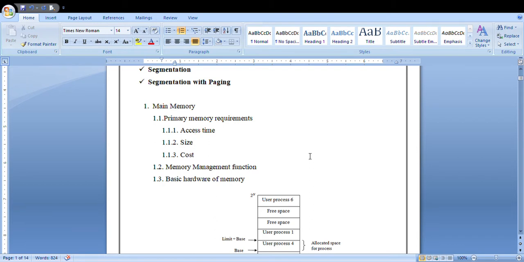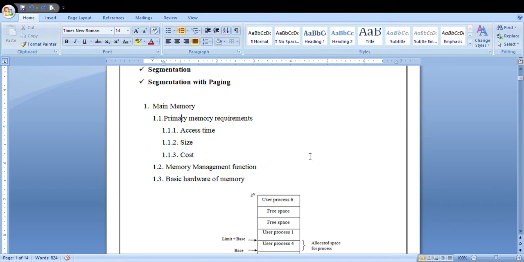Because for example, in a memory hierarchy, the first storage device comes as your registers. What is the access time for your register? It is very high speed. But what about the size? The size of the register is very small compared to all other memory devices. Then what about the cost? Even though the size of the register is very small, it has a very high cost compared to other storage devices. So these three can never meet the requirement as the user expects.